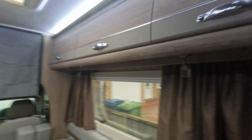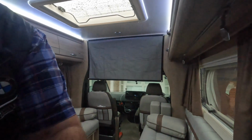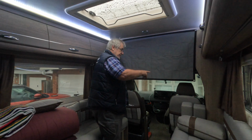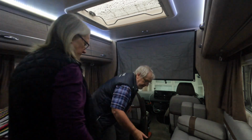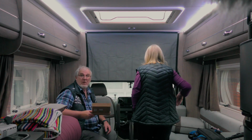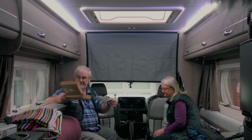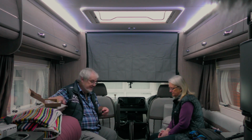Right. For the next trick, we now need to fasten the bottom corners. Can you just go to that side, my love? In this box there's some rope. So that's handy. Right, if you get the corner,